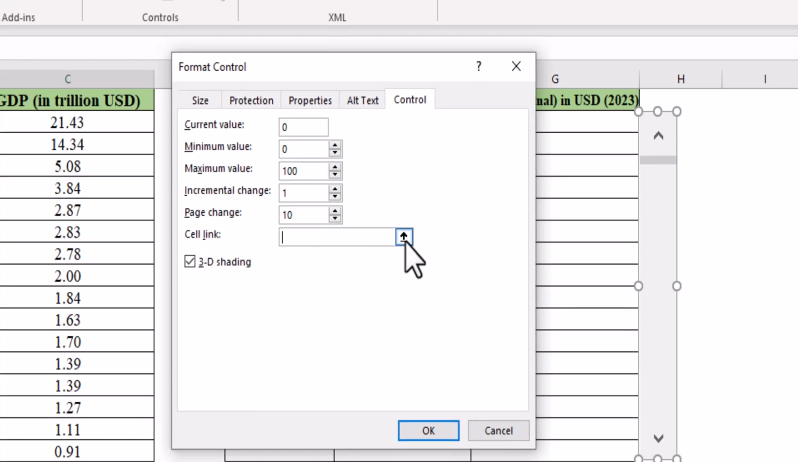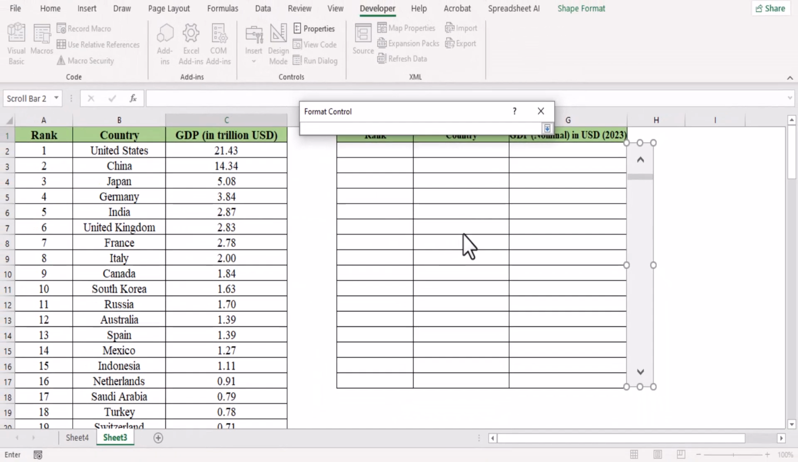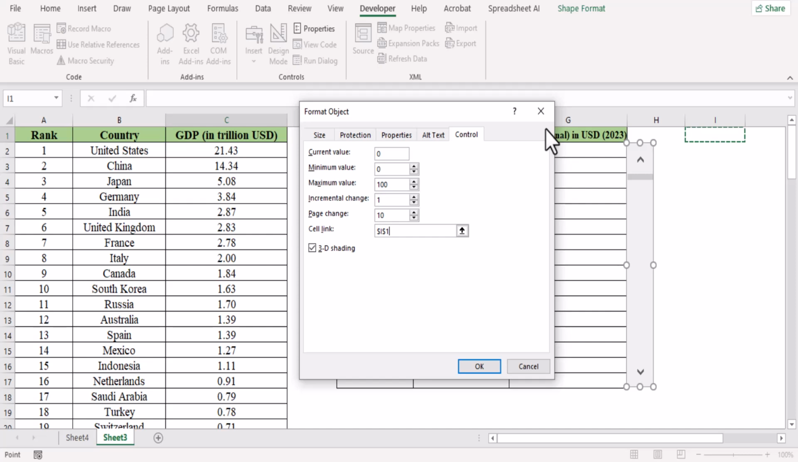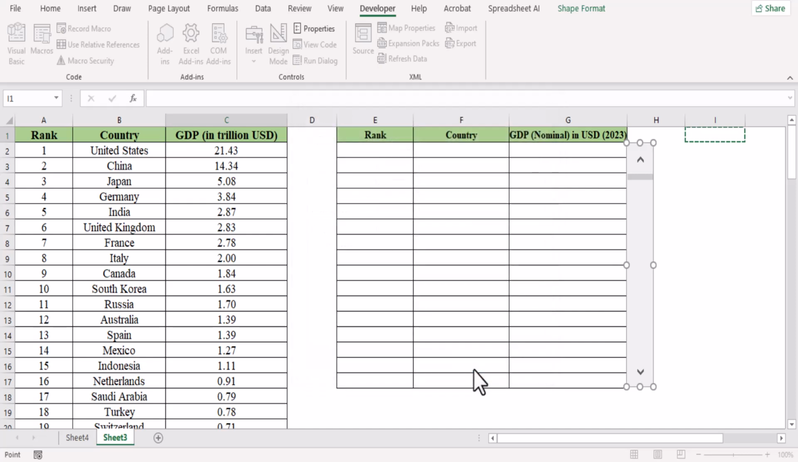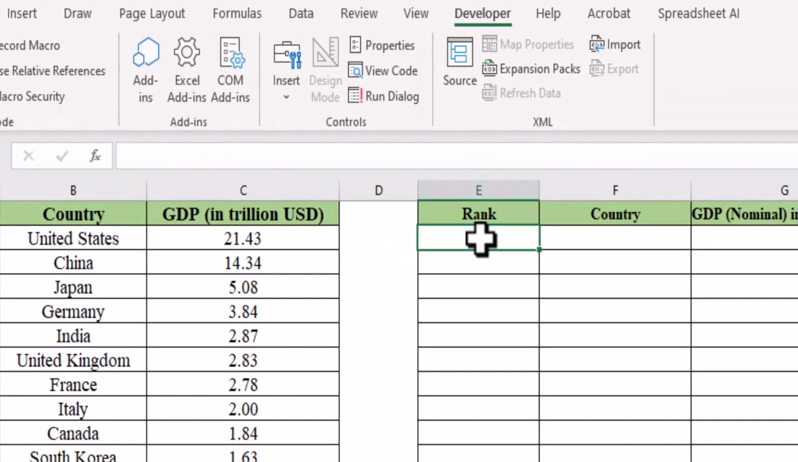And then cell link, click in which cell you want, click on it, and then click here. Okay. My data will be shown in this small table, and click here into the target cell,